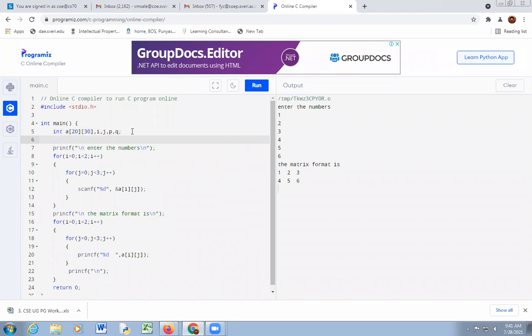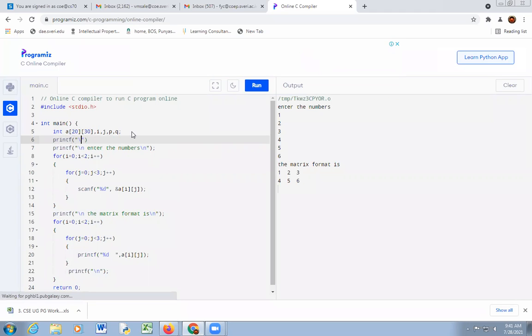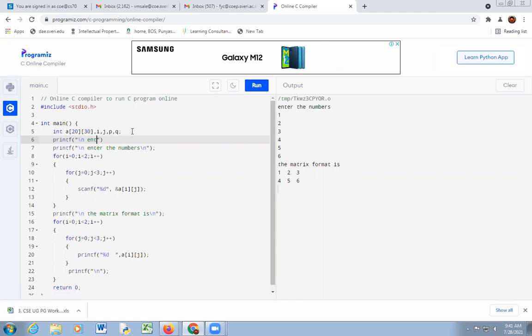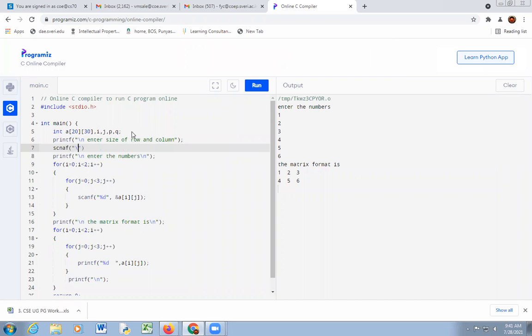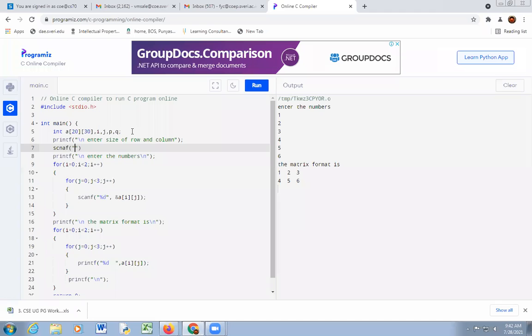So that's why I am writing here printf "\n enter size of row and column", then scanf "%d %d", &P and &Q.